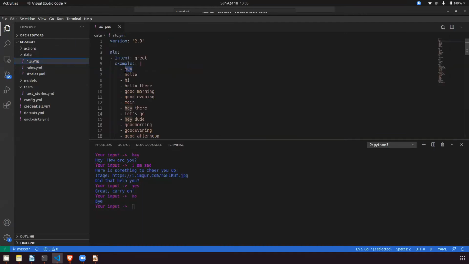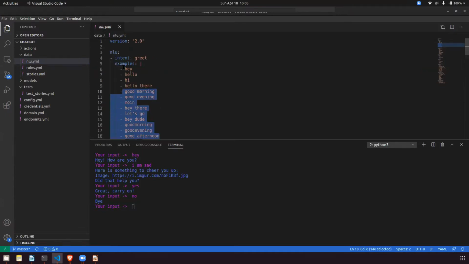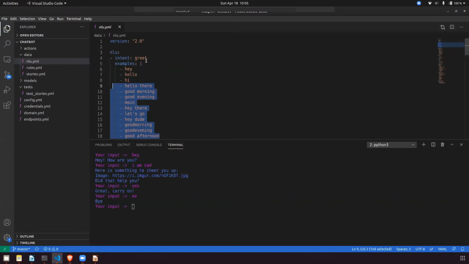So hey, hello, hi, hello there, good morning, good evening, morning, hey there, all had some intention behind them, and the intention is greet. We are greeting, basically. So what you are typing has some intention behind it, so you have to give the intent name, and that intent name is greet here.